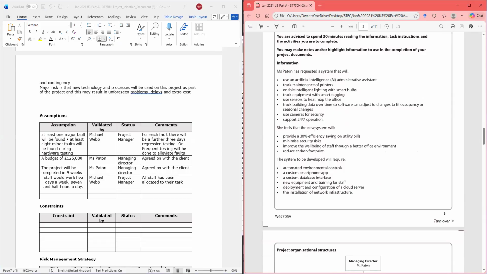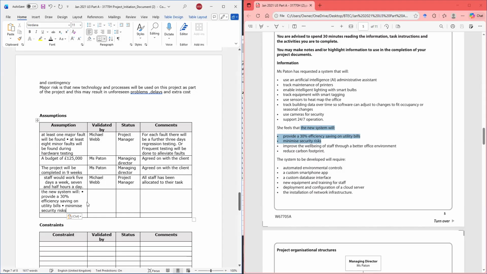She feels the new system will, because it's a feeling, it's an assumption. She's feeling that the system will provide 30% efficiency on utility bill. All right. So what are we going to put for that? The new system will minimize security risk.